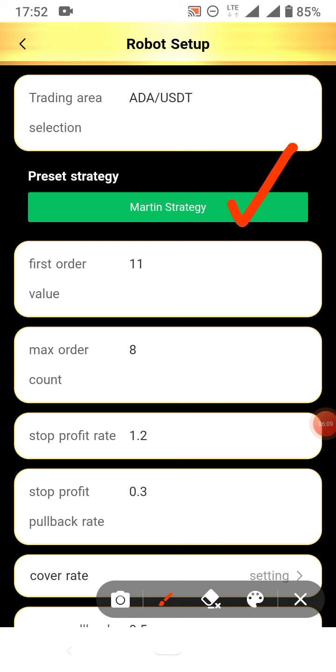I'm placing my arrow. That is the Martin strategy. They call it the Martin strategy, or you call it your preset strategy. Now we call it the preset strategy because it is the strategy the company had fixed on the bot for those that do not know how to use the bot by themselves. So the company placed it here and they call it a preset or default strategy that comes with the bot,